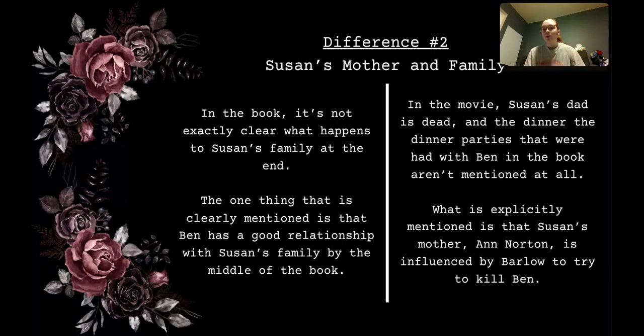Anne is basically corrupted by Barlow, who is the main vampire. He takes over the whole town. She eventually takes a shotgun and kills Dr. James Cody, which does not happen in the book. She is like the last line of defense for Barlow when everyone else is now dead. The next clip will be Anne with the shotgun.